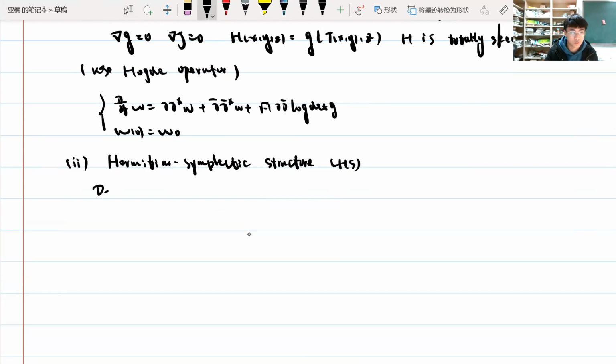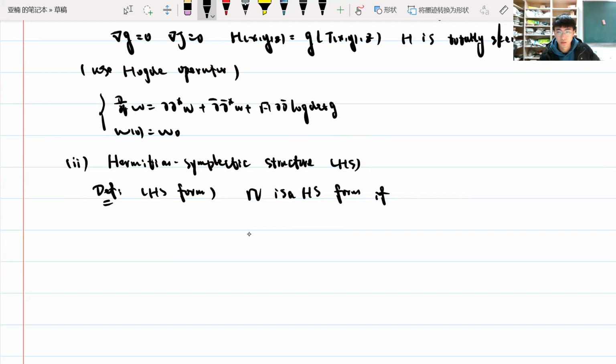The Hermitian symplectic form is firstly introduced by Professor Streets and Professor Tian. It is, Ω is a Hermitian symplectic form if